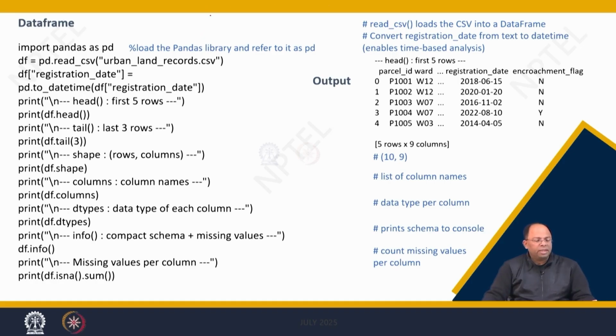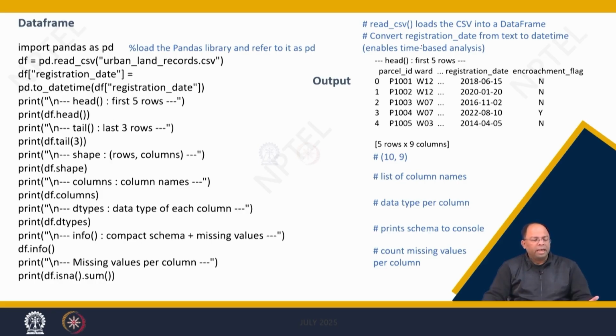And after that, what we are doing is we are printing the first 5 rows. So first I am just printing, after giving a slash n, that is next line, we are saying head function colon first 5 rows. So that would just get printed, nothing else. Now to actually print the first 5 rows, we are calling the function df.head. So print within that we are passing df.head, and it will print the first 5 rows of that